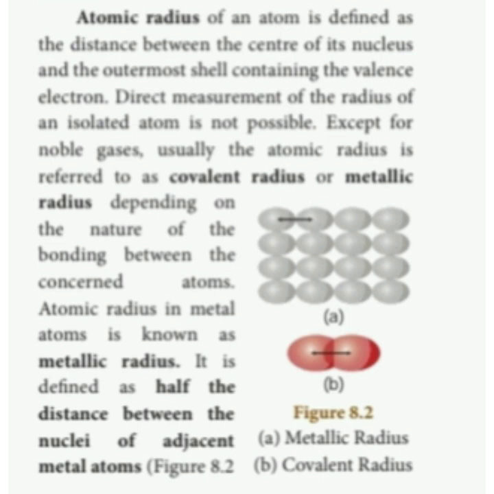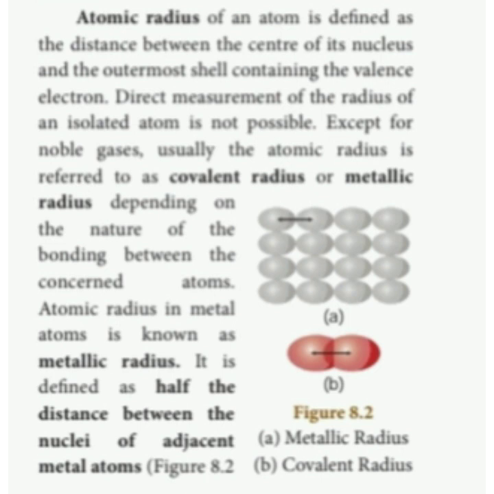So first we are going to see about atomic radius. We know an atom looks like a sphere. Inside, the protons and neutrons will be present, and outside only the electrons will be revolving in a circular path. Radius, in a circle, means the distance from the midpoint to the circumference of the circle. So in an atom, it is the distance between the center of the nucleus and the outermost shell containing the valence electrons.